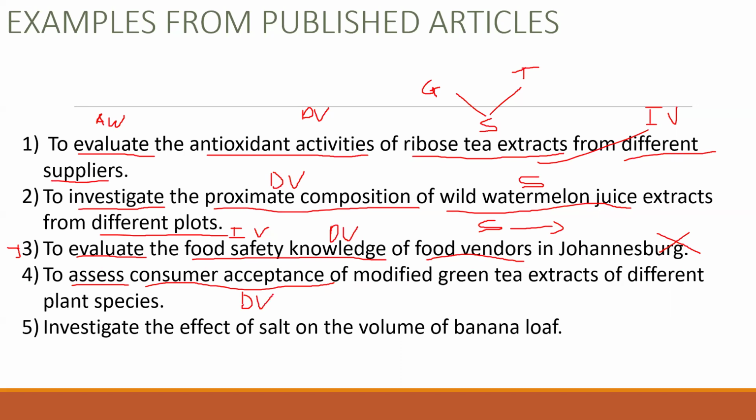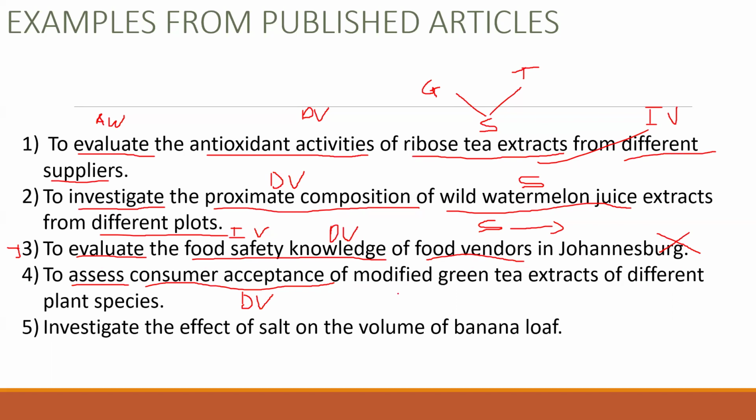Or after you've done an experiment, but experiment is for when you do laboratory work. When you're looking at people, it's normally a survey. So after a survey, you will get that consumer acceptance data. So consumer acceptance is your DV. The sample,